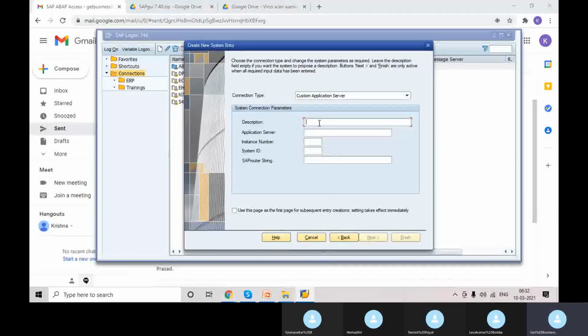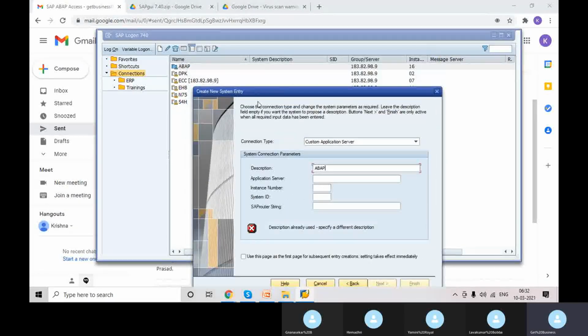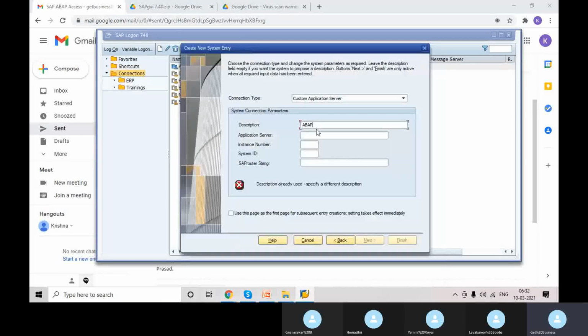Here the description is ABAP. It is telling that the description is already used. We have one other system with the same description. You can give a different description. The same is not mandatory. You can provide your name also. But in live systems we used to provide some understandable, relevant description.